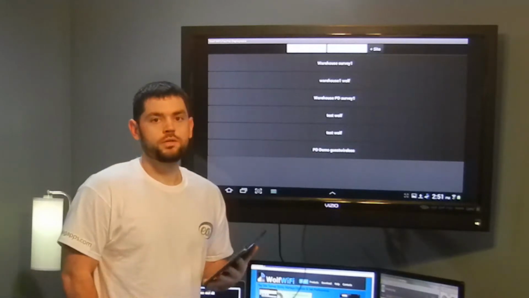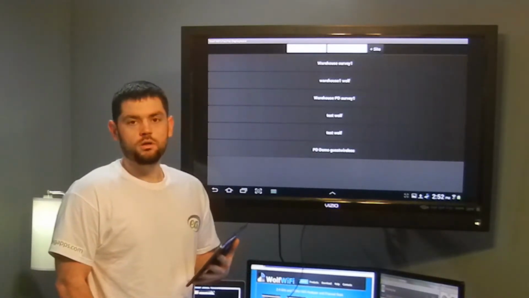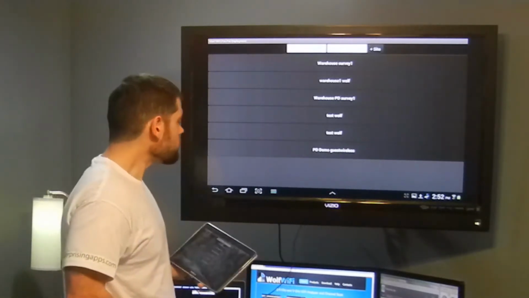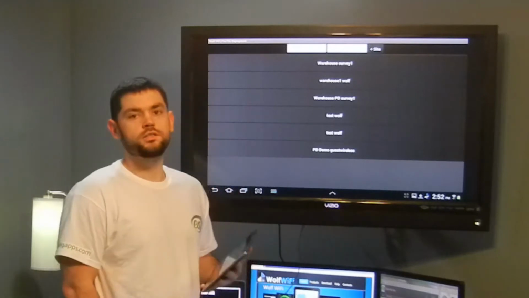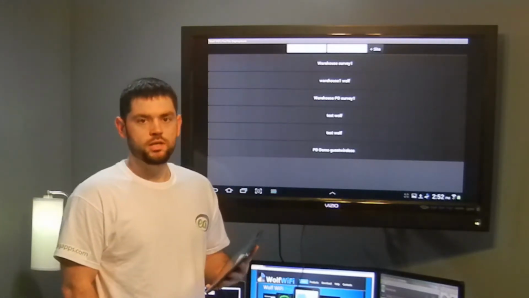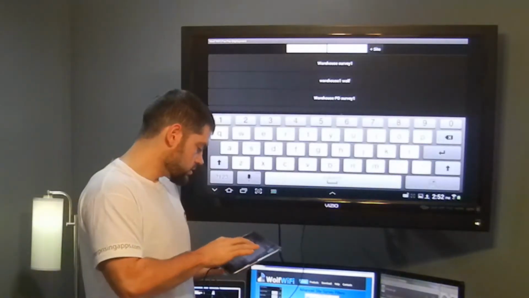The SSID option on here needs to be the SSID for the wireless network that's going to be in focus, for the wireless network you're going to be surveying. It doesn't matter whether you're connected to the network or not. It can be both active or passive, same as it is on the site survey side. I'm going to go ahead and just create a test here real quick so we can take a look at